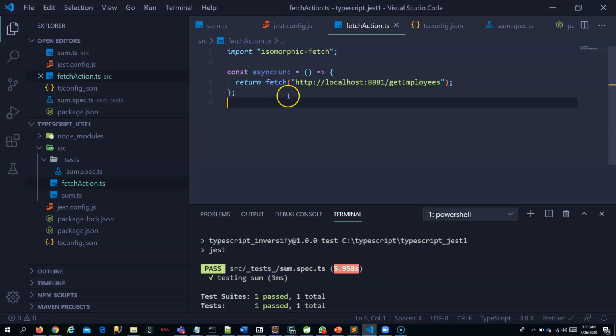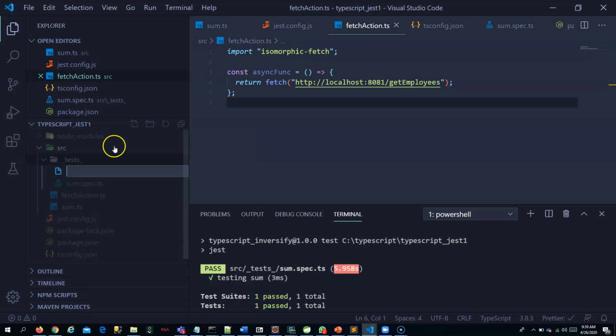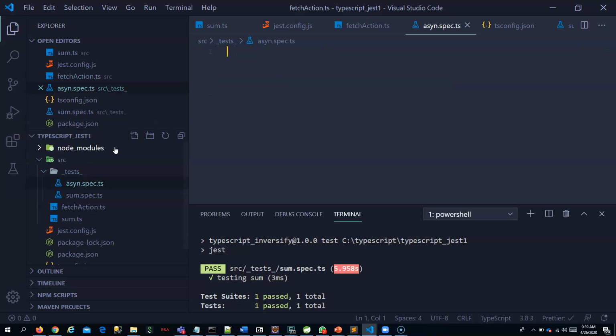Now I have written my asynchronous function. Now I have to test whether this asynchronous function is working. So let me add something like async.spec.ts.